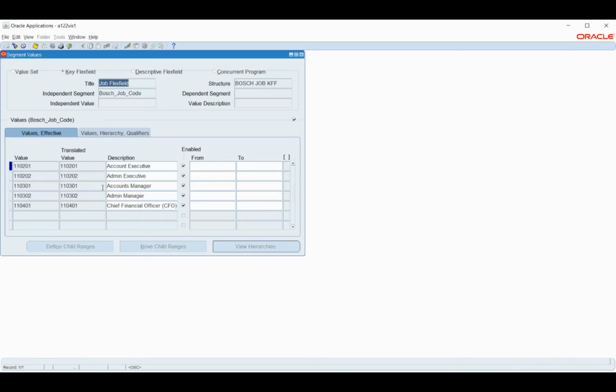So these are the job codes that we have. Our structure contains two segments: one is the job code, and the other is the job name. First, I will create a job code. I will mention this as HR Executive.